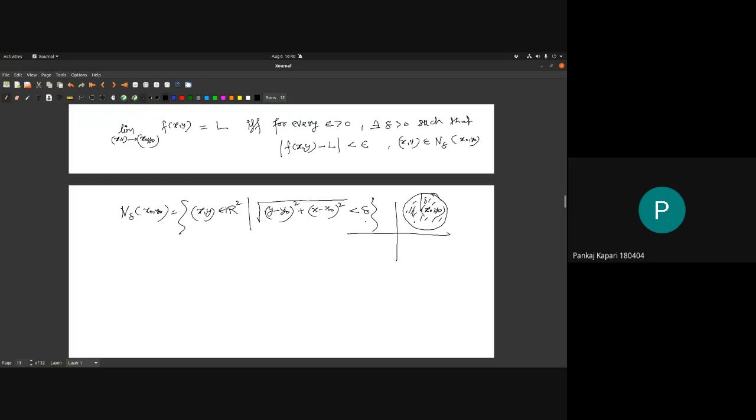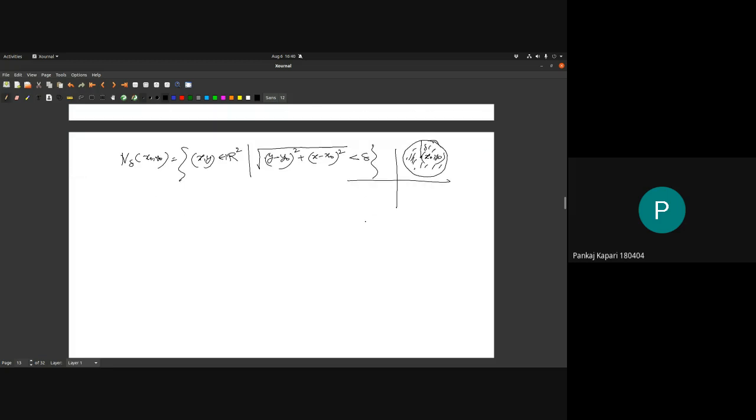And this is your delta neighborhood, right? All those points which are within delta distance, you collect all these points to form a ball or the disk. All those points which come in this set, the set is called the delta neighborhood of your point (x naught, y naught). And we are saying that whenever